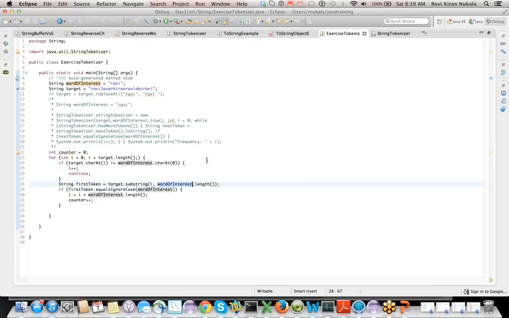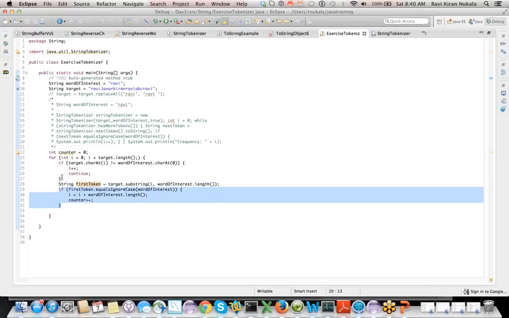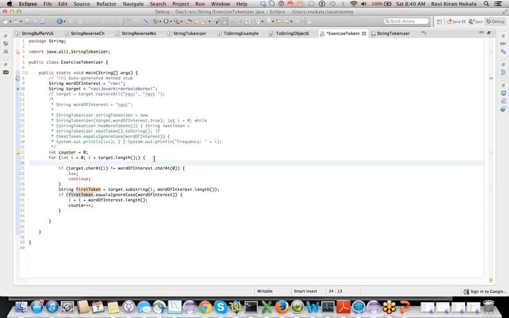Then it gives me the first token. If the first token equals the word of interest, the word that I got, then I'm going to increment it. And if you want to make it further foolproof, you got to construct a character like this.